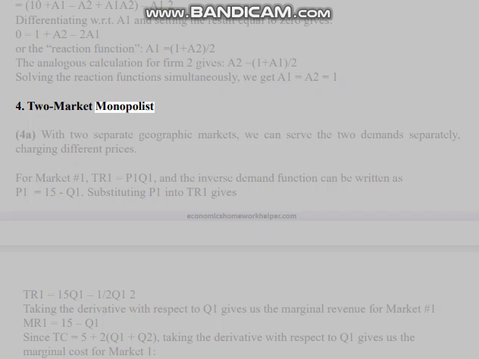4. Two-market monopolist. 4a. With 2 separate geographic markets, we can serve the 2 demands separately, charging different prices. For market number 1, TR1 equals P1Q1, and the inverse demand function can be written as P1 equals 15 − Q1/2. Substituting P1 into TR1 gives